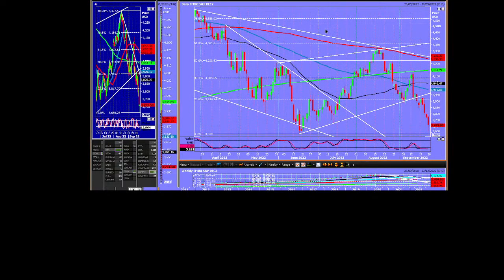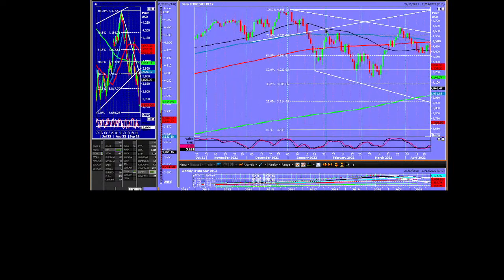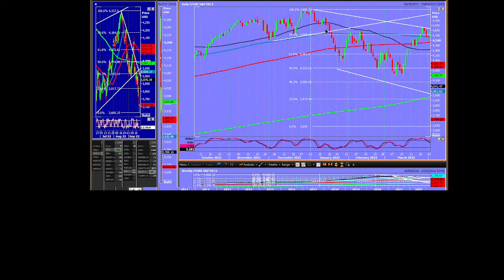Now, you'll know that I called the top of the market in January. And it was purely because of this December-January head and shoulders pattern. It looked fairly obvious to me. Probably not the only person. It's basic technical analysis. So we had left shoulder here, or maybe that was the left shoulder, I wasn't sure. Then we had the head. Then we had the right shoulder. The neckline was just beautiful. And it coincided with the 100-day moving average.